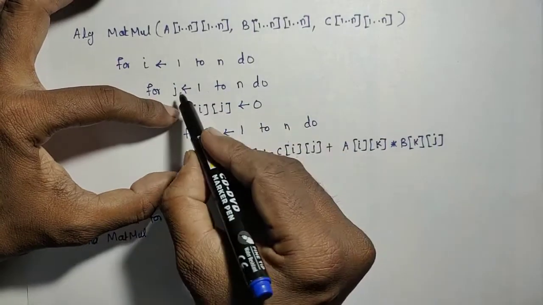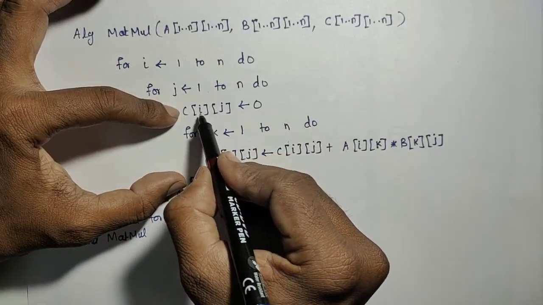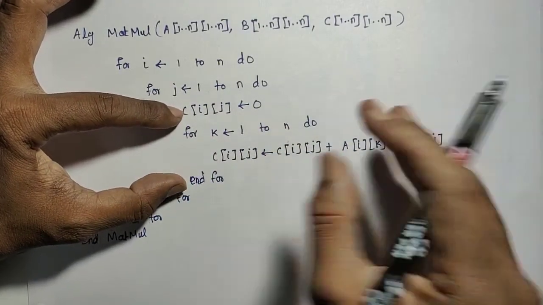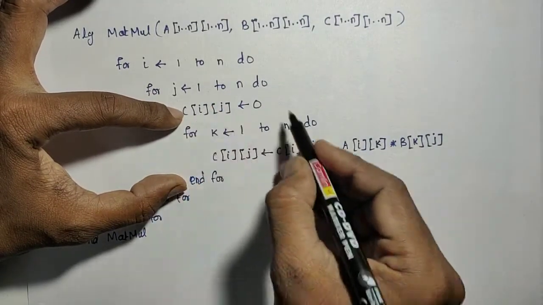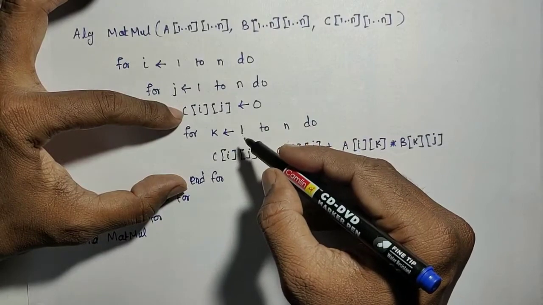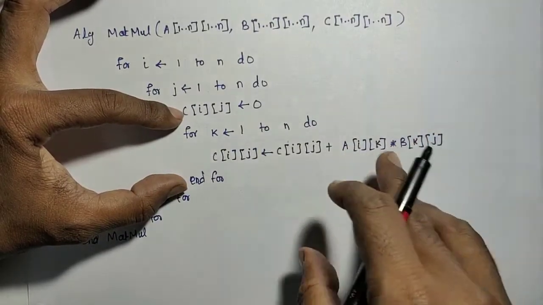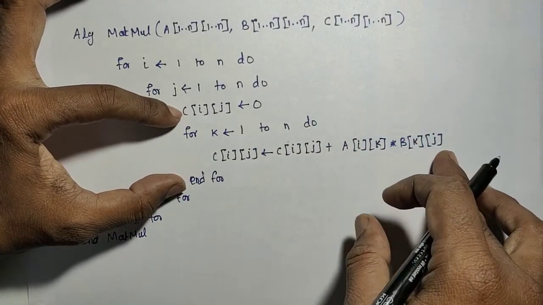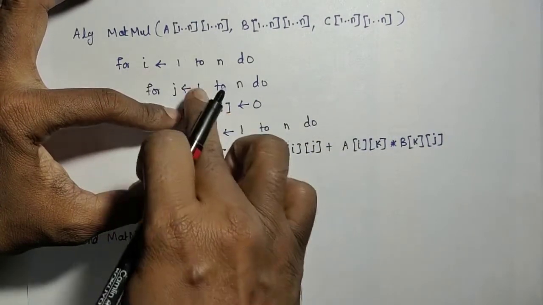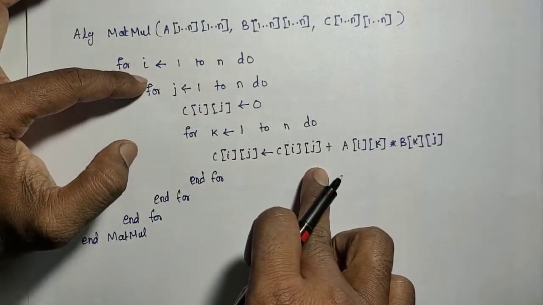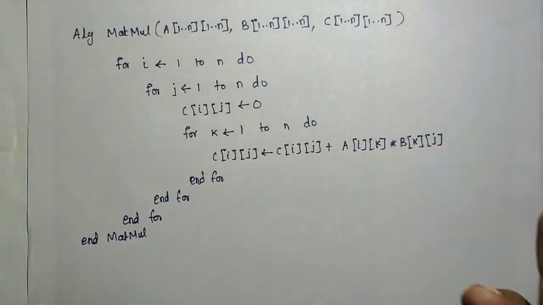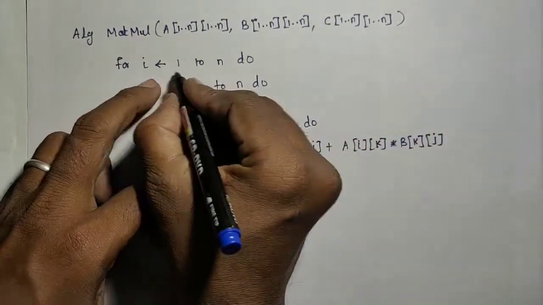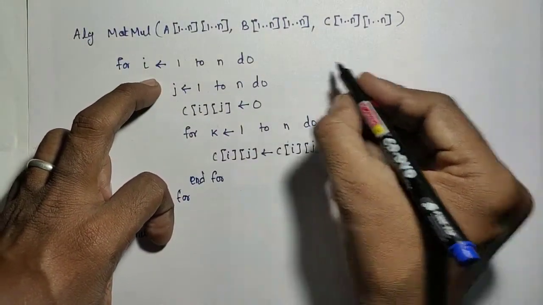In the first iteration, C of 1 1 will be calculated, and this loop will get executed one time. For C of 1 2, again the same procedure will get executed. There also we need some number of multiplications. So this involves three nested for loops, i within that j, within that k. So if that algorithm is there, how to analyze it? The same procedure: you start counting the number of operations.